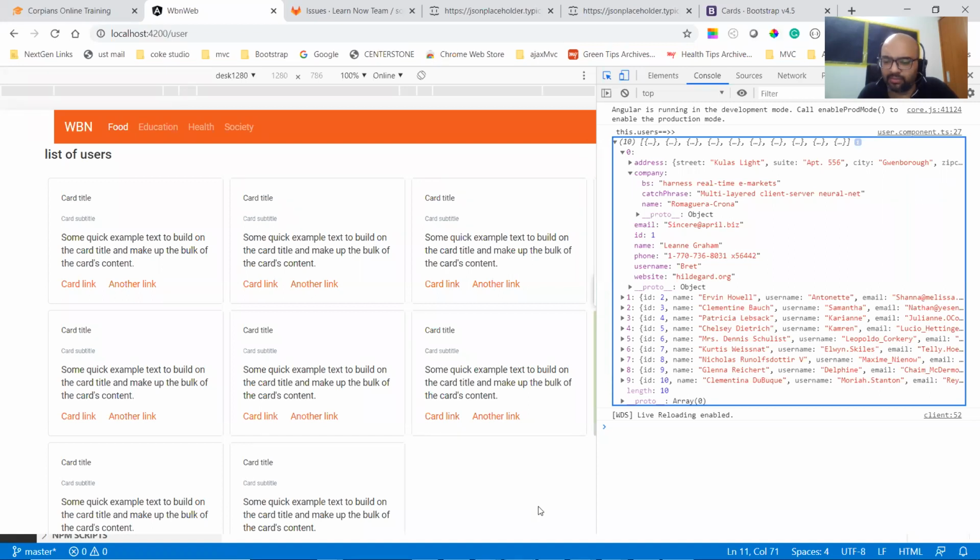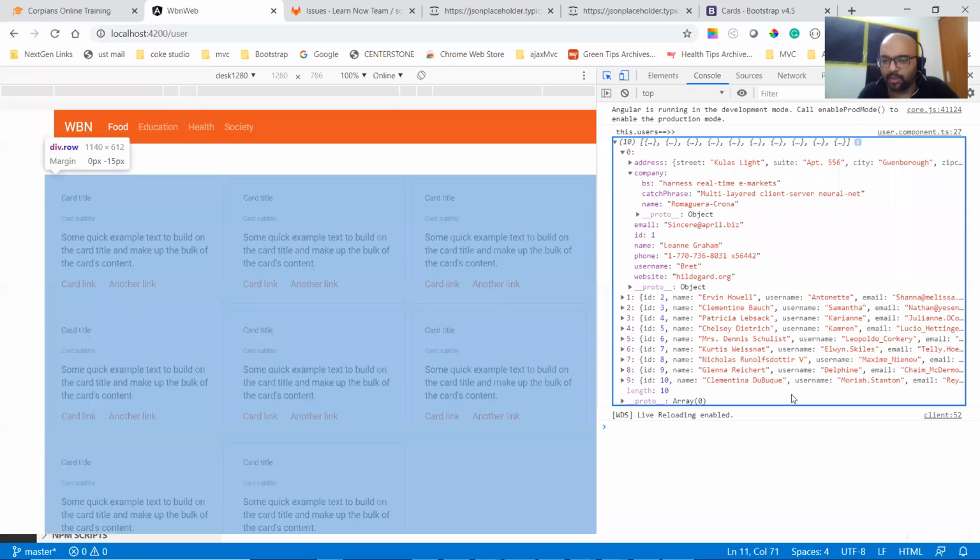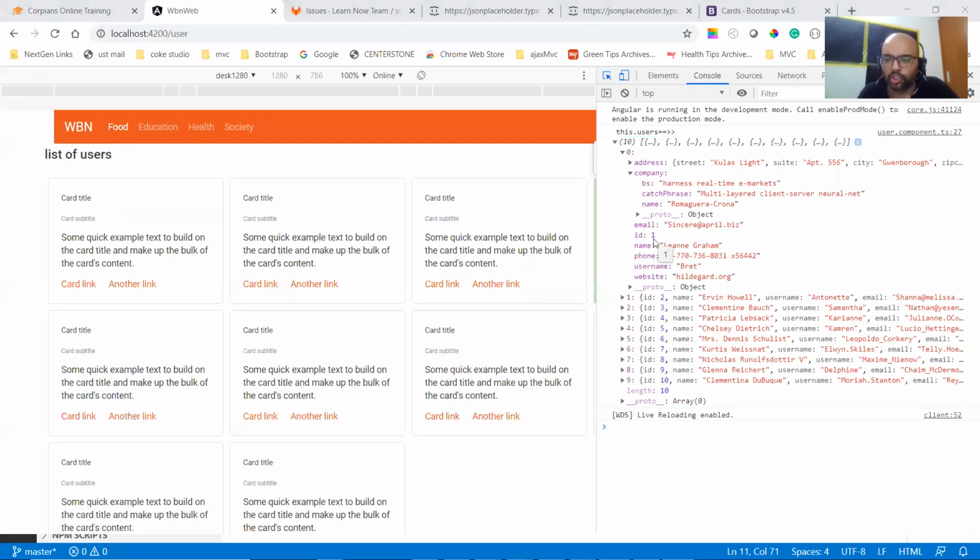No one? Come on, you cannot leave your friend like this. Do you agree with Mehboob or not? Sir, what he said? He's saying u dot company dot name. Are you sure? First of all, who agrees that he is right?